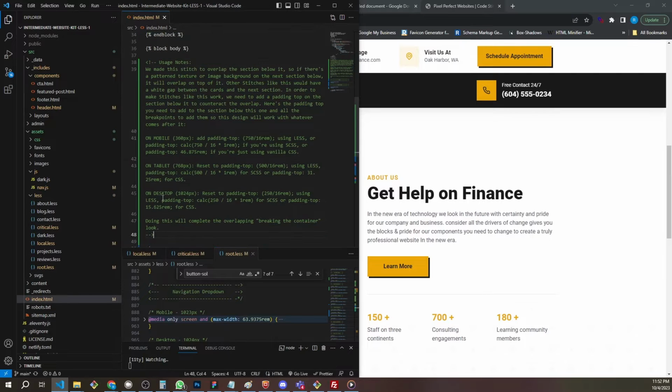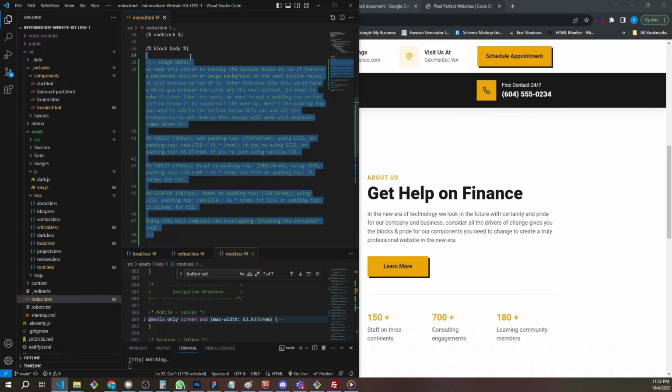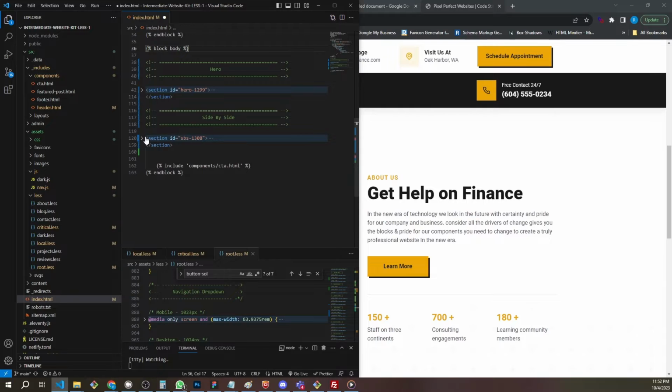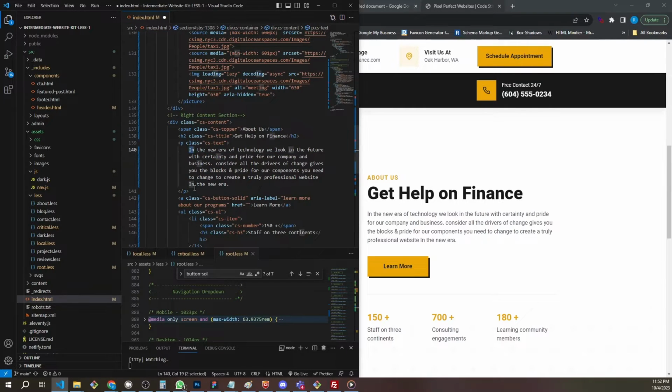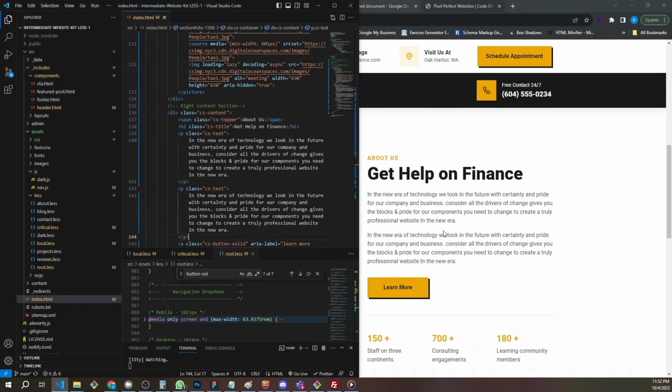And now that we've added these, we can remove this. We don't need it anymore. Thanks for the notes. So let's go to the side by side. Here's this. Let's just duplicate this. So let's add another CS text. So now we got that, and the way the code is written, that will always have 16 pixels between the